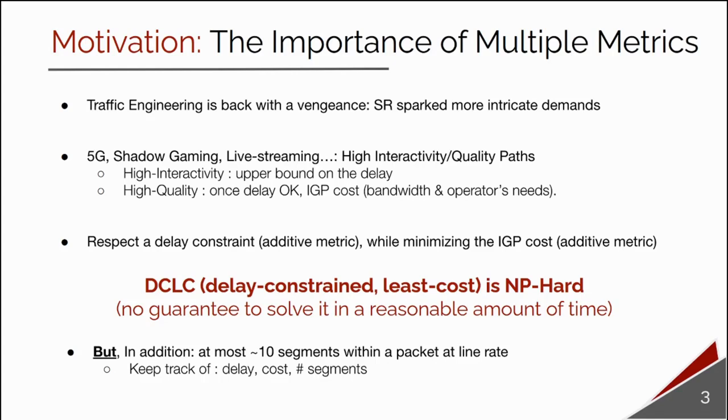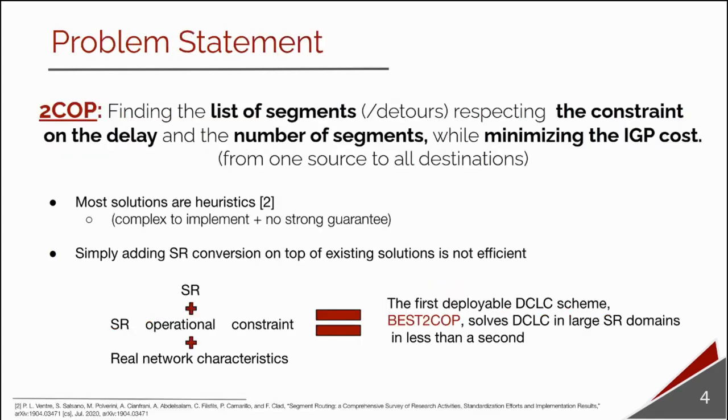So in summary, we would have to find a path which respects a constraint on the delay, minimizes the IGP cost, this is NP-hard in itself, and then ensure that this path does not require more than about 10